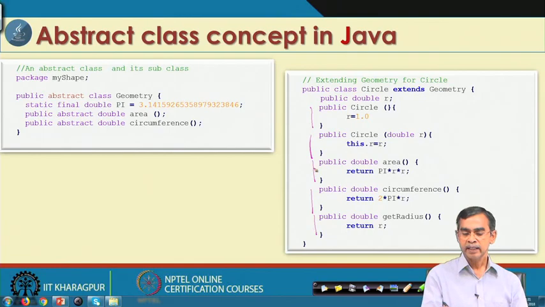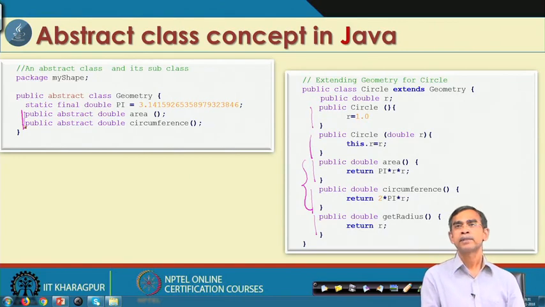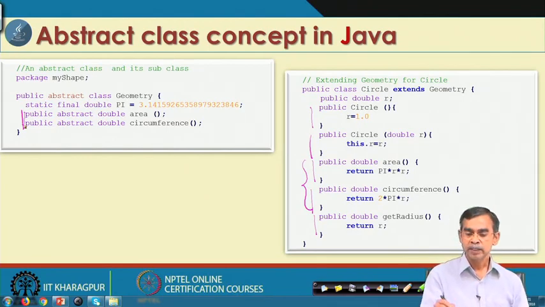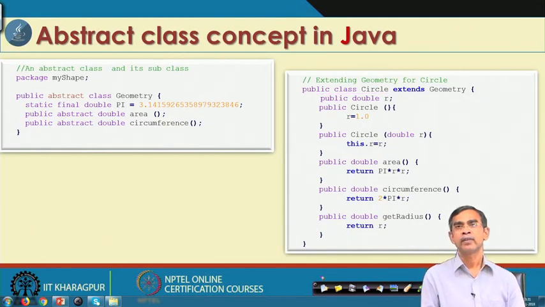These 2 methods are the implementation of the abstract methods. Whenever abstract methods are there in an abstract class, it is the responsibility of the programmer to implement them fully. If you do not implement them, then you will not be able to create any object of this class that you have created. Anyway, this completes the creation of the class circle, which inherits from the abstract class.